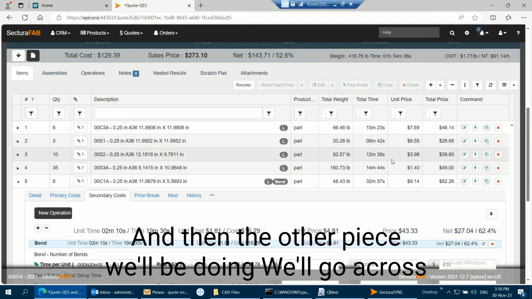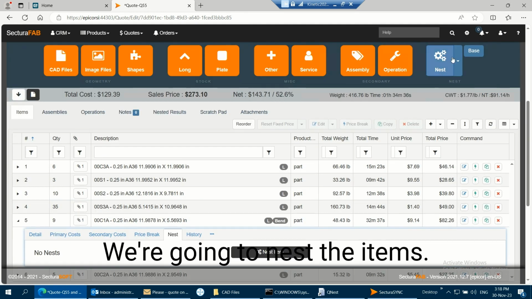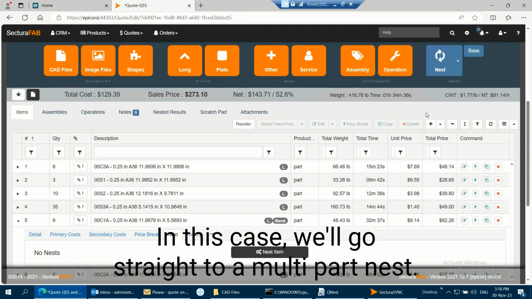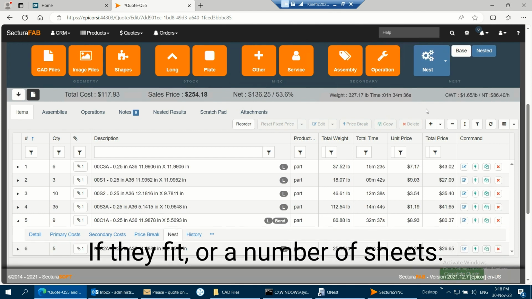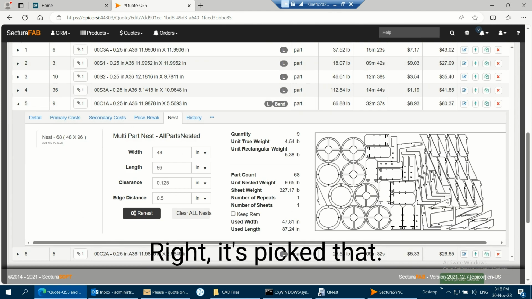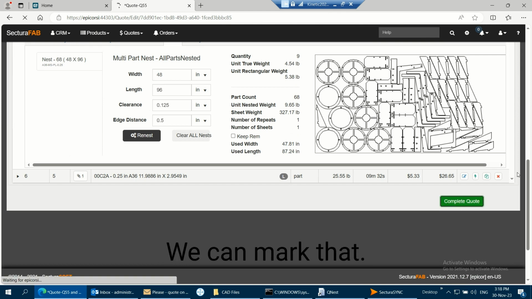And then the other piece we'll be doing, we'll go across to the nesting tab here, is we're going to nest the items. In this case we'll go straight to a multi-part nest, put them all onto one cut sheet if they fit, or number of sheets. Right, it's picked that, specified the material, we can mark that,